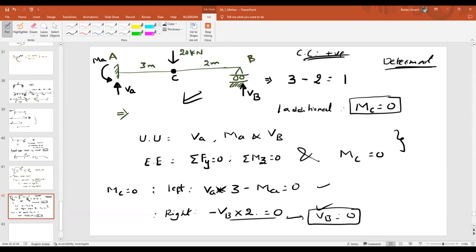So how many equations are pending? Summation Fy equal to 0 and summation M equal to 0. By using those two, can you find the remaining unknowns? Yes, we can. So always remember that